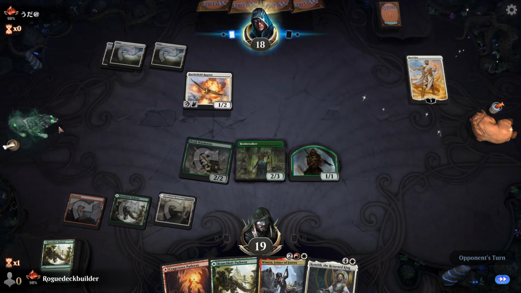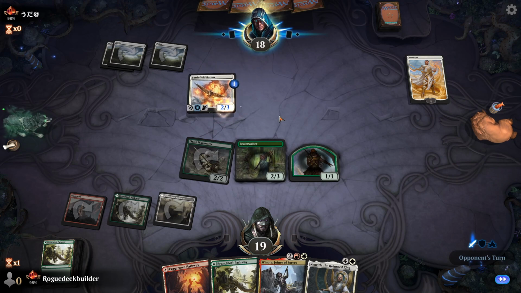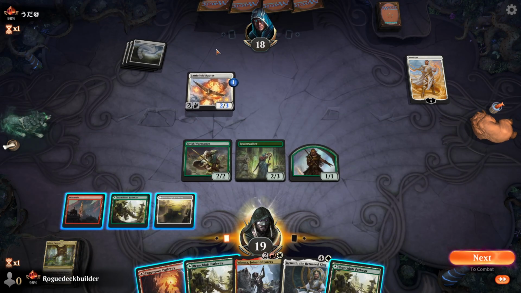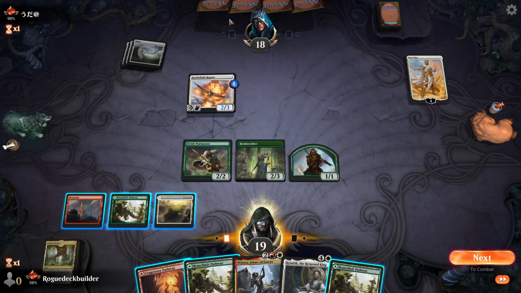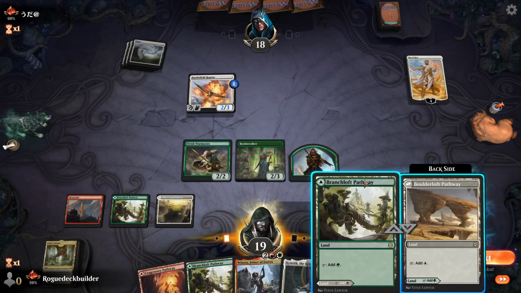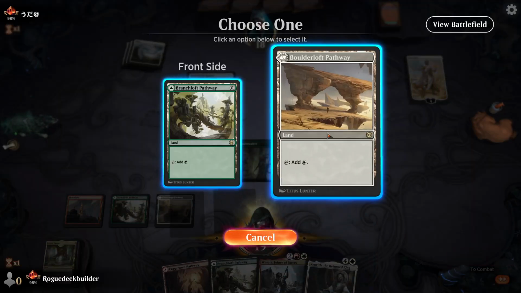So is this just like a white weenie? You might as well go lifelink, in my opinion, at that point. I will guard your advance. Okay, so we still are going to go at... Yeah, there's still a lot of things we can pull here. So we'd want another white source for...